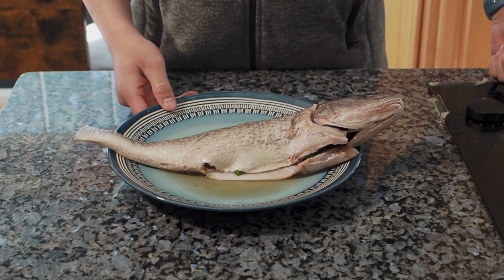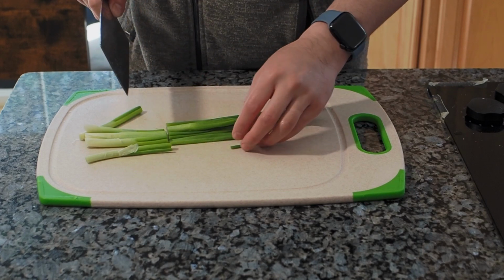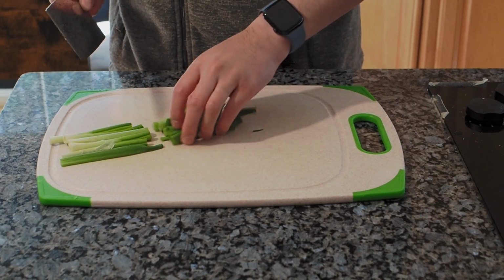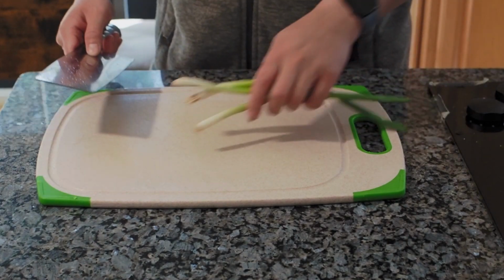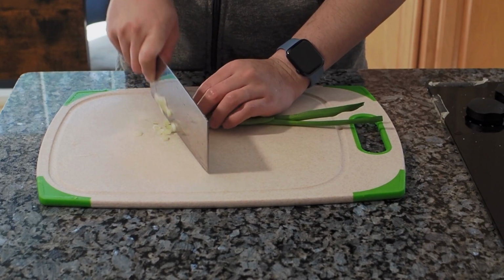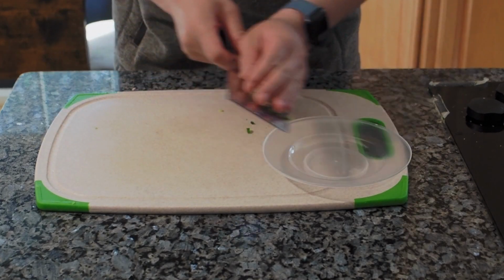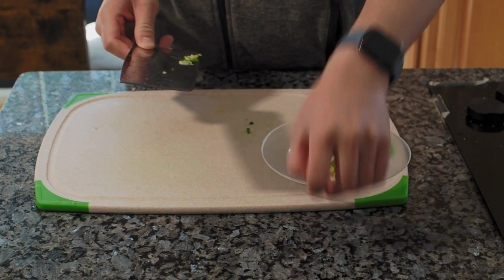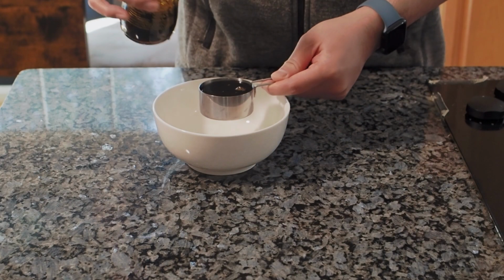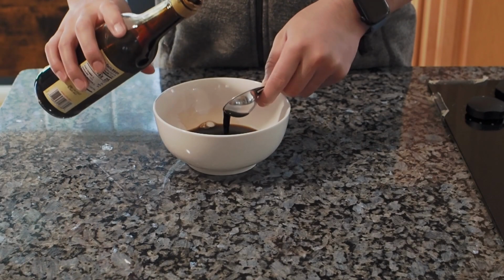As the fish rests, let's go back and prepare the rest of our ingredients. Take your remaining green onion stalks, minus about 2 or 3, and cut them into long 4-inch slices. Finely slice your remaining 2 to 3 stalks of green onion. For our braising sauce, we're going to mix together 1/3 cup or 80 milliliters of light soy sauce, 2 tablespoons of dark soy sauce,